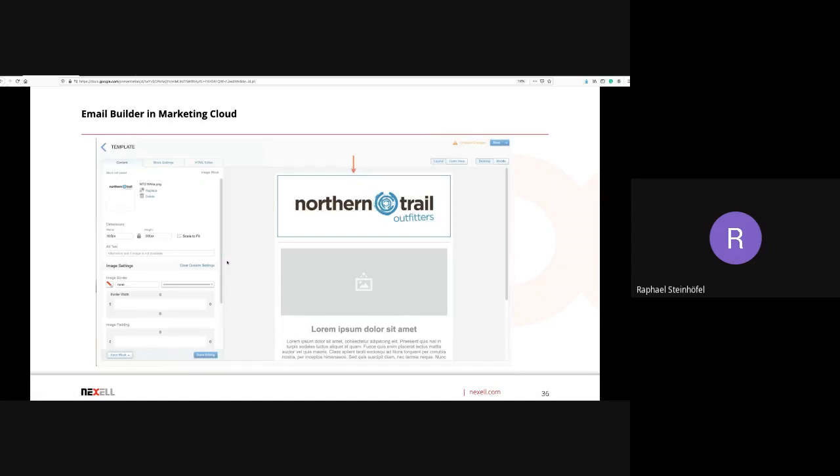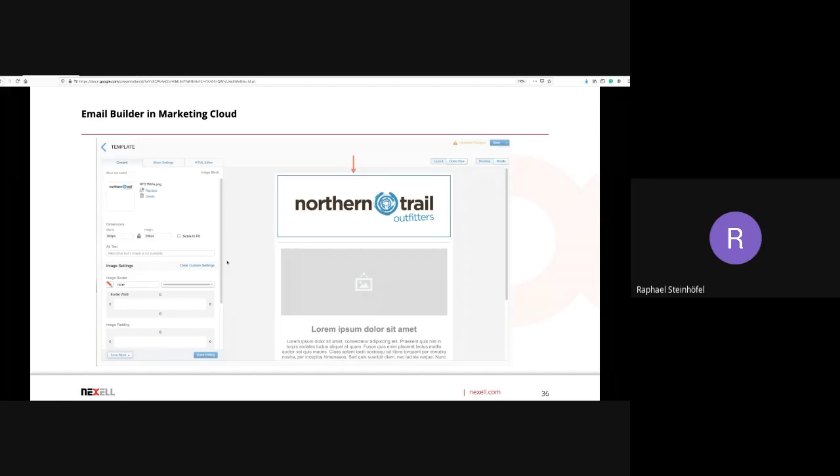A last thing I want to show is quite important. That's always a question: how easy is it to build an email? How easy is it to build a newsletter in those tools, for example? Both solutions are quite similar. They have an email builder with drag and drop functionality. They are both not perfect. I definitely recommend testing everything, also with some external services, maybe Litmus or something, which is good for email testing,